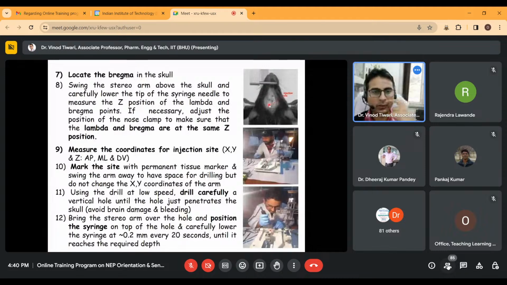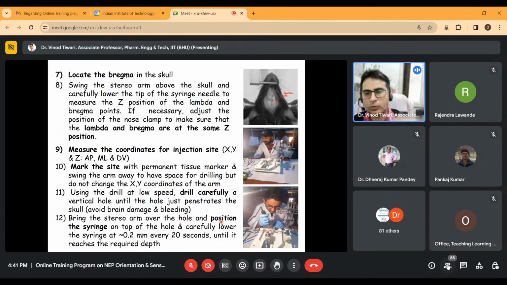Carefully, slowly. You have to be very careful while drilling, because if you don't drill this bony part carefully, you may damage the brain of the animals, and this is not what you want. Okay. And then once you drill the hole, you have to be careful, otherwise there will be brain damage and bleeding. Then bring the stereo arm over the hole you have drilled, and position the Hamilton syringe